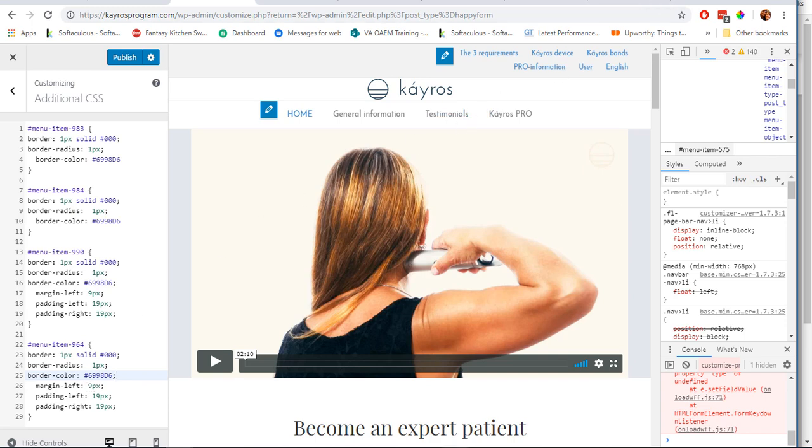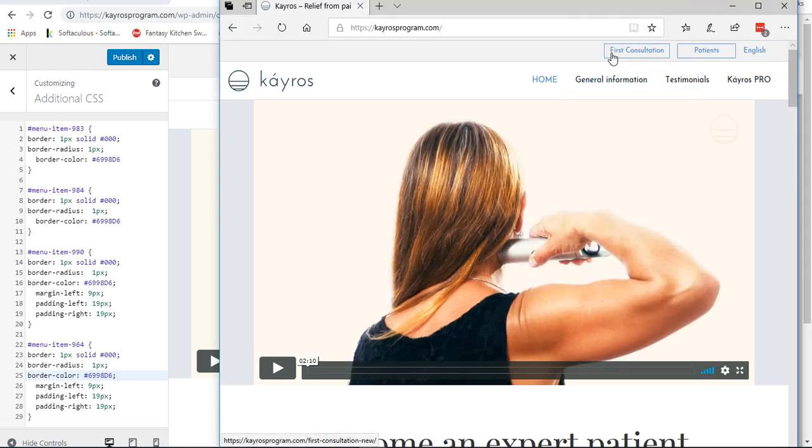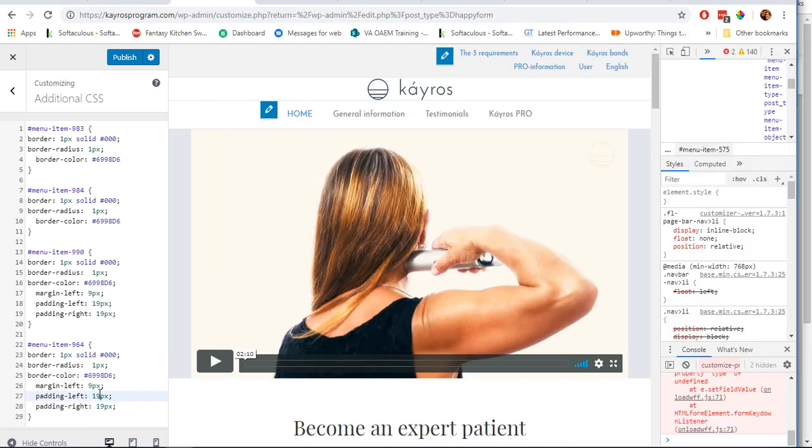Margins, for example, on the ones that, first consultation is a long word, and the box surrounds that word pretty well. But patients is a smaller word, so when I initially put the box around it, it became a very small box, not nearly the same width as this one. In fact, it's still a little tiny bit smaller, but you can play with that. So what I did is I actually went here and changed the padding length, the padding width. So I went further out the box, further back on the left and on the right, and made the boxes bigger. That's what I did. So I just changed it over here. You can just come in here and say,